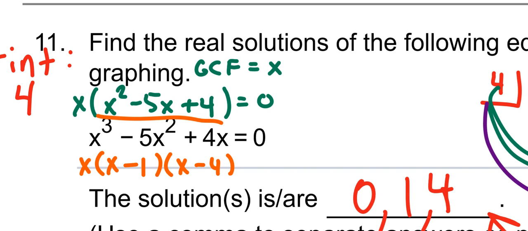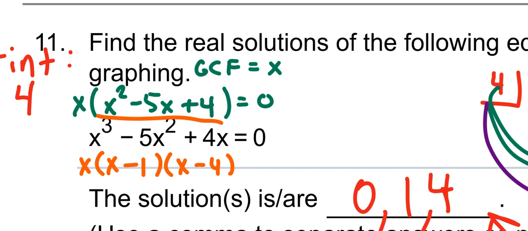14 will also not require you to do synthetic division. Which is why, guess what? I never gave you a hint on number 14. Interesting. I never gave you a hint because the first thing you're going to do is pull out an X. That's going to be an easy question.